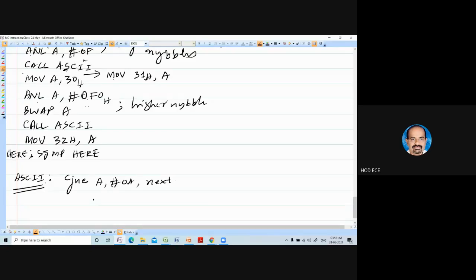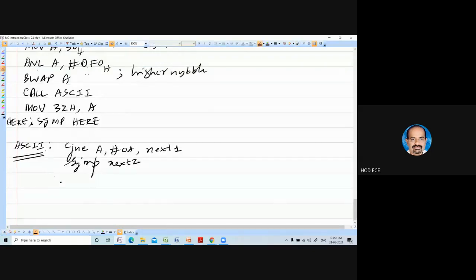Next one. If it is equal, go to next 2. So next one is check for a carry. Next 3. If there is no carry, add A with #07.